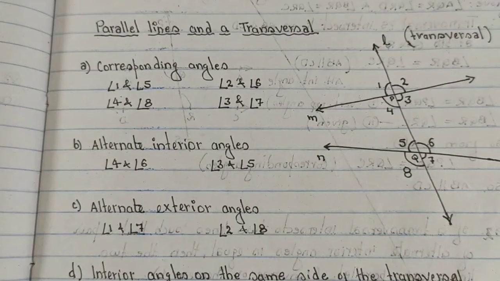And today we will start from parallel lines and the transversal, and we will start with understanding of different types of angles and their axioms, followed by theorems. And in the next video we will solve examples and your exercise. So let's start with this.